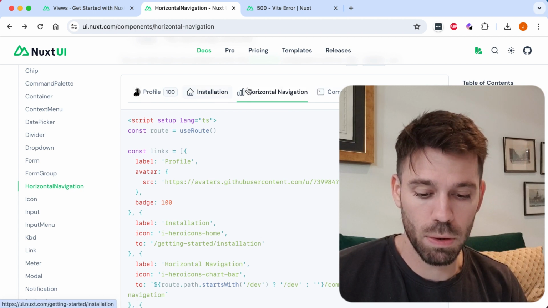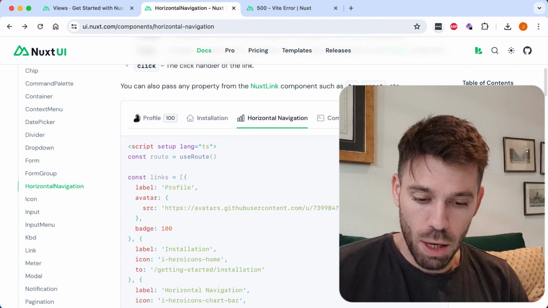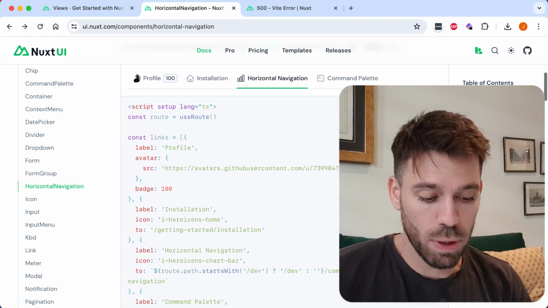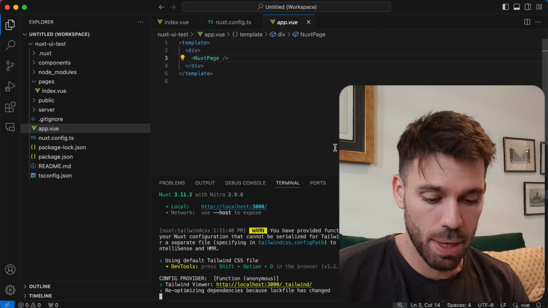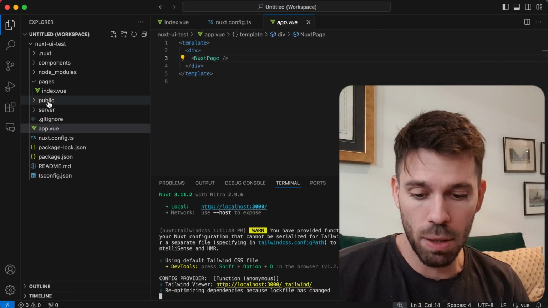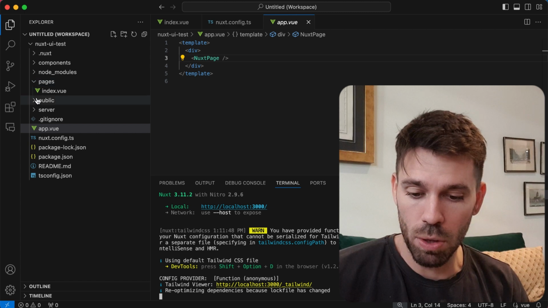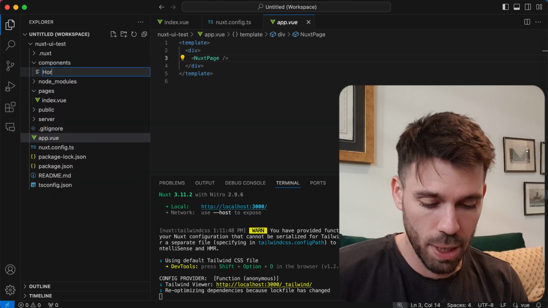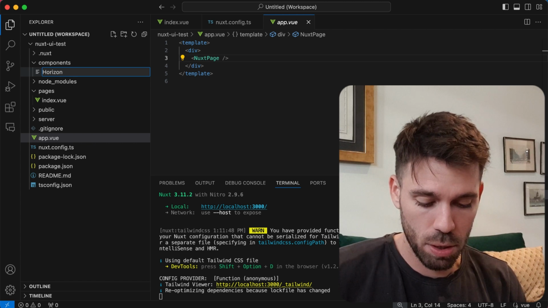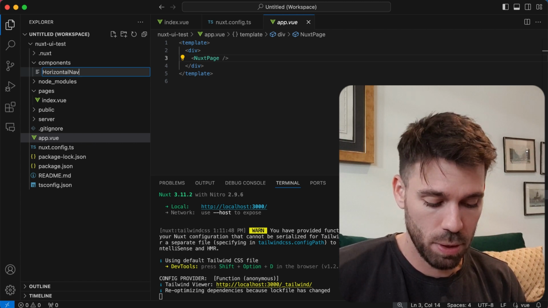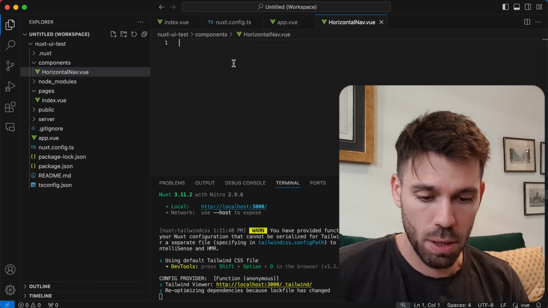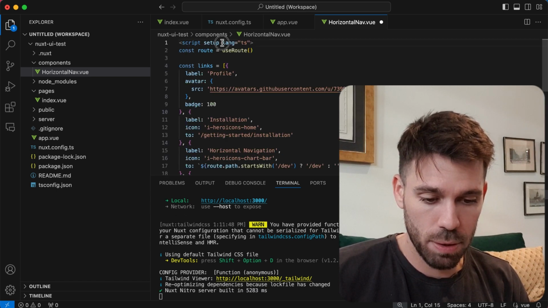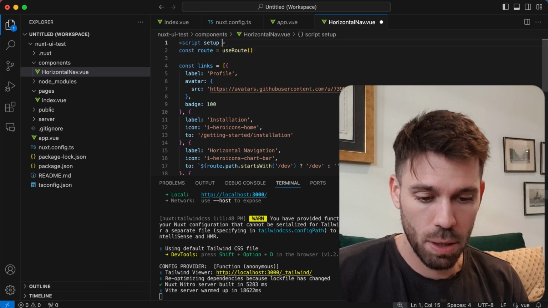That's a strange decision to make. Okay. Right. I'm just going to copy this. I can't be bothered to read too much. I'm just going to make a component and I'm going to call it horizontal nav. New file, horizontal nav.vue. I'm going to paste that in there and I'm going to get rid of this TypeScript because